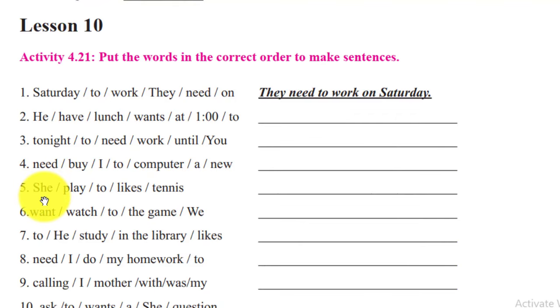Number 5: she played to likes እና tennis ይላል. She subject ነው, ከዚያ verb ነው የምታመጡት. ስለዚህ verb ለማምጣት እዚህ ጋር አሁን infinitive የሚያስከትል verb መጥቷል. Infinitive ውስጥ likes: she likes ትላላችሁ. ምን አሁን ተወዳለች ስንል? She likes to play, መጫወት ትወዳለች. ምንድን መጫወት? Tennis ትላላችሁ ማለት: she likes to play tennis.